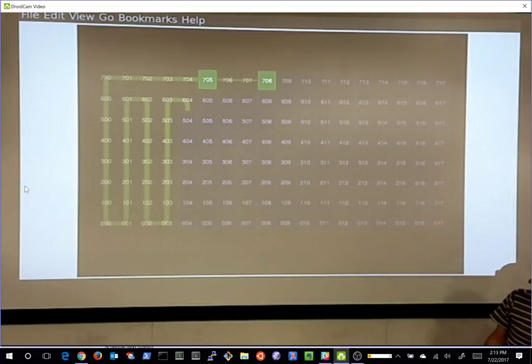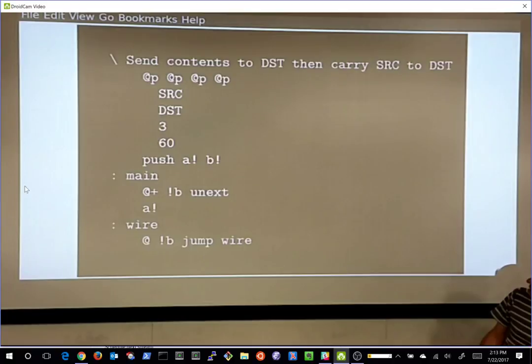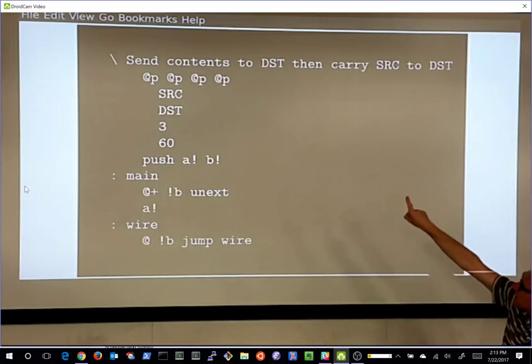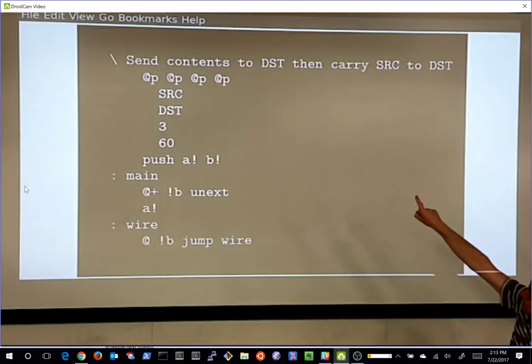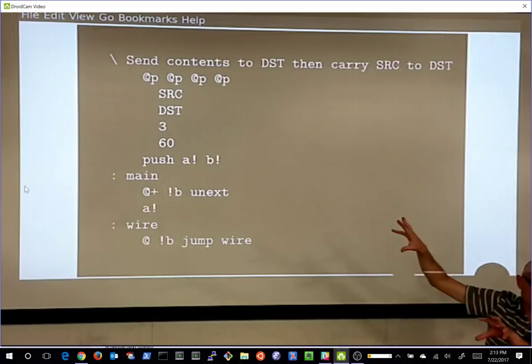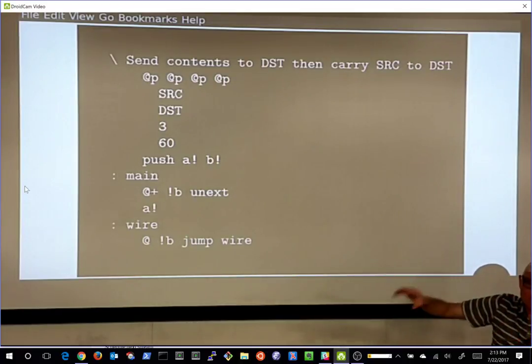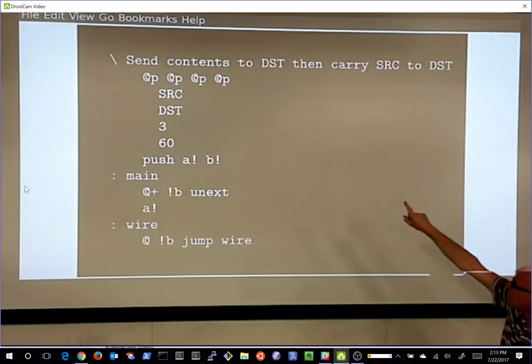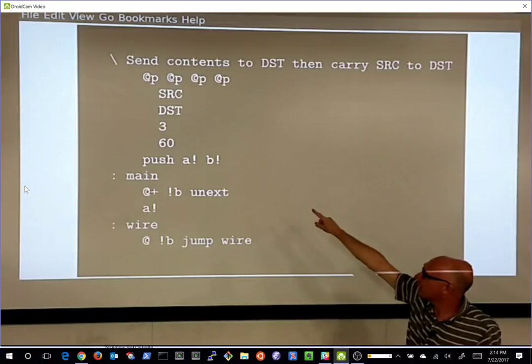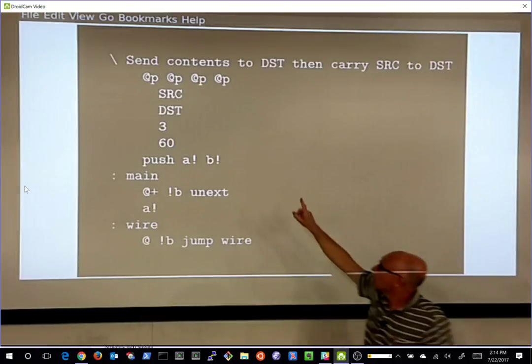All right, so now the actual code, and this will give you a flavor of what it's like to use the GA144. Okay, so the first thing it does is push 4 constants onto the stack. Source and dest are the source and destination nodes. They're the addresses of our neighbors, either north, east, south, or west. The constant 3, which is a magic number I'll come to in a moment, and likewise 60, those things get pushed on the stack, and then this next instruction here, push,